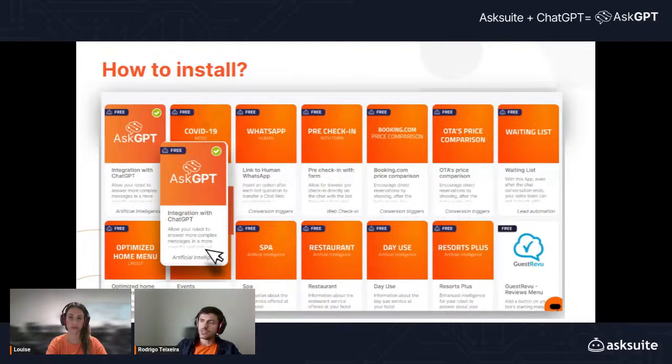And second, it's totally free of charge, so there are no additional costs for all Asksuite clients. So it's totally free, and you can do it right now by going to our Ask store.